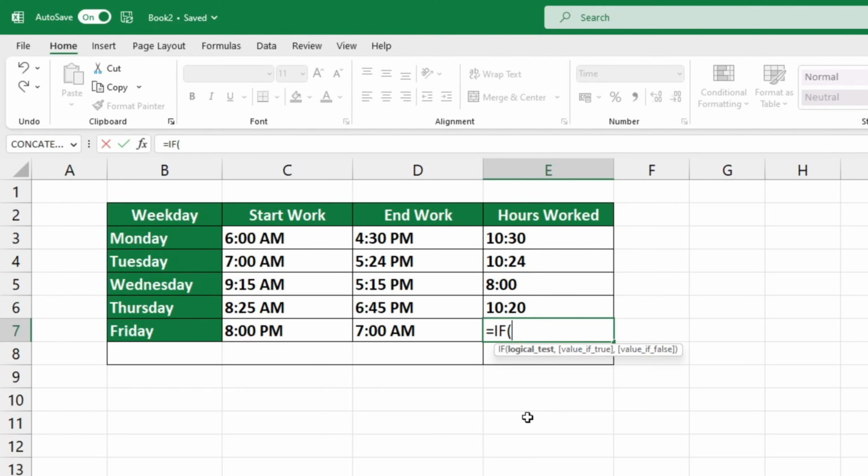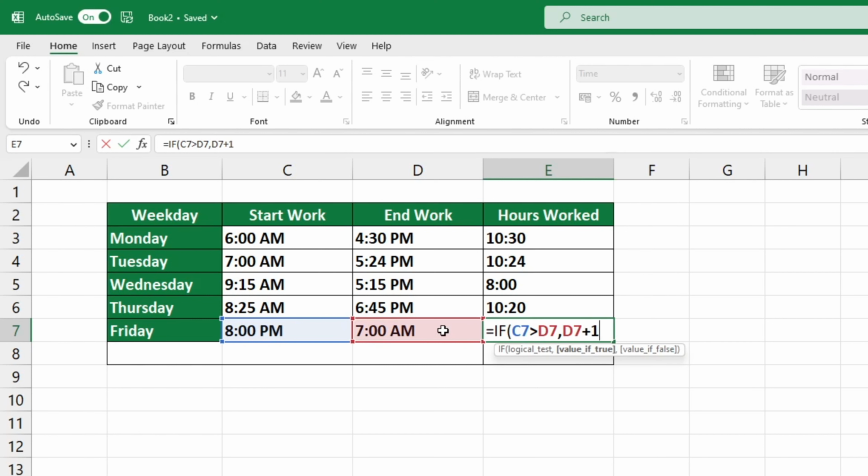Let's get started. To begin, we will enter a logical test or condition in order to determine the value that Excel should use in the calculation. After the word IF, we type out the condition, which is the start work time, the value in C7, is greater than the end work time, the value in D7. Enter a comma. We will then indicate what the value Excel should use if the condition is true by clicking on the cell with the end work time data and adding +1, which means that this time belongs to the